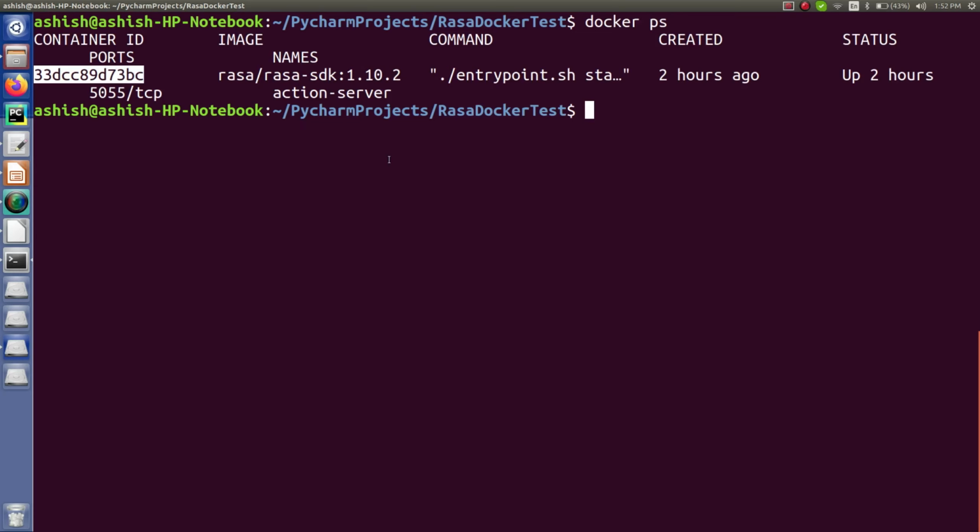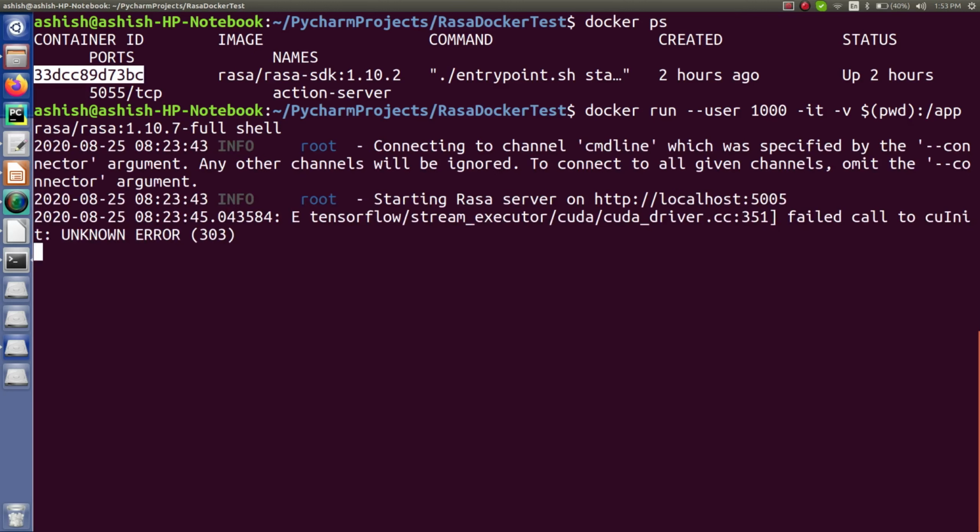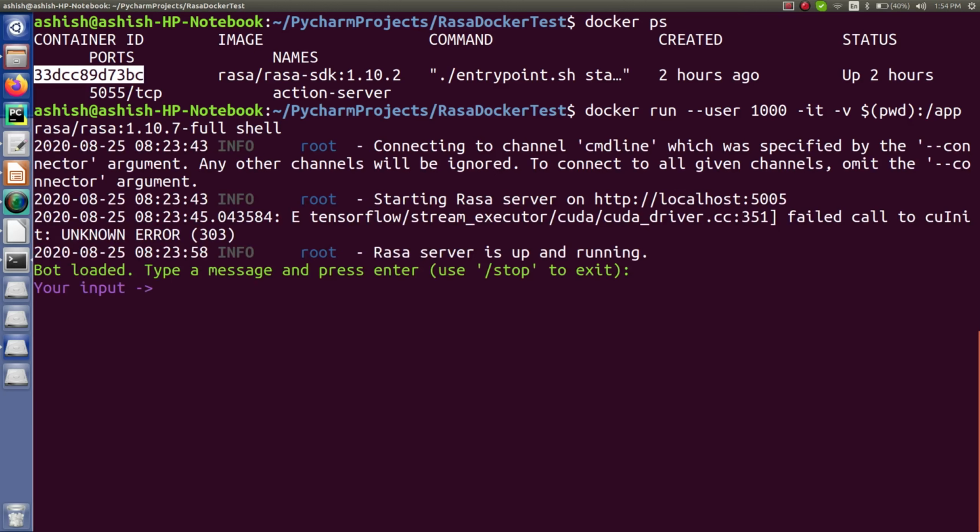Then how am I going to get it? Let me tell you how you will do it. I have to run a command so that I can at least activate my container. I have to run the container which I have for Rasa. So for that just try the command. Alright, so you can see your Docker container is running right now.